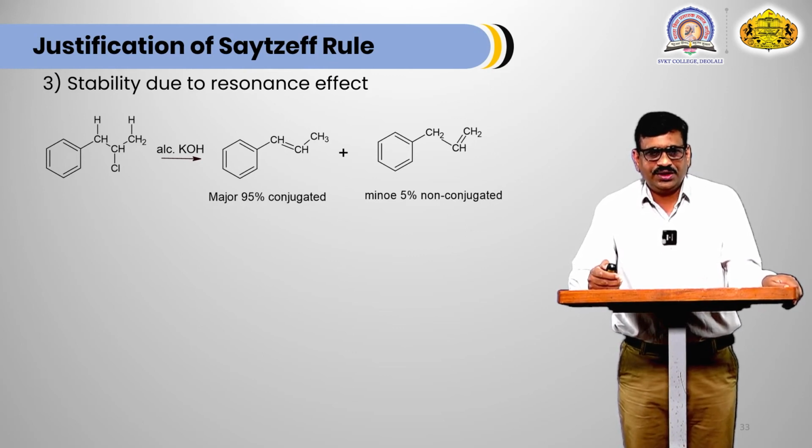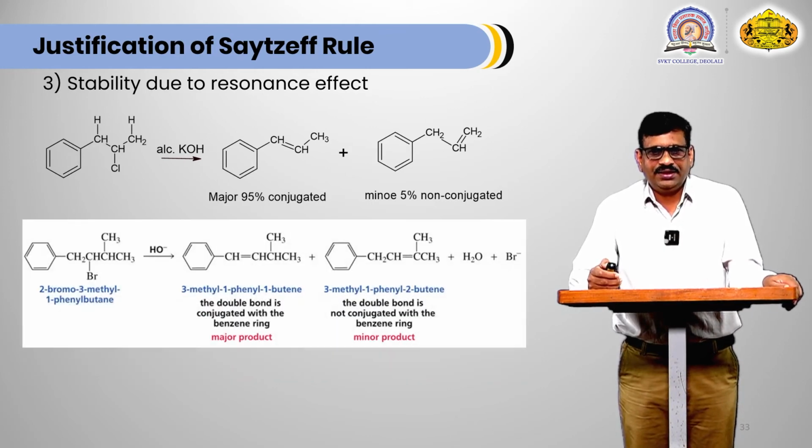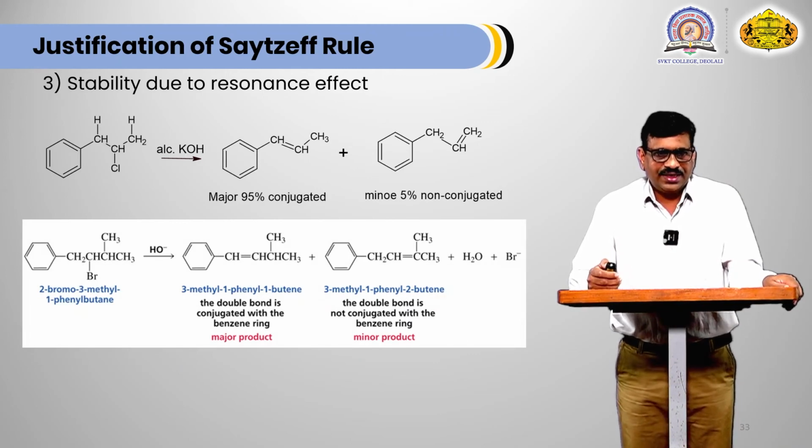Hence, first product is obtained in 95% and second product is obtained in 5%. This means that if conjugation is there, then stability of that alkene is more. Now in this case, there is formation of two products,